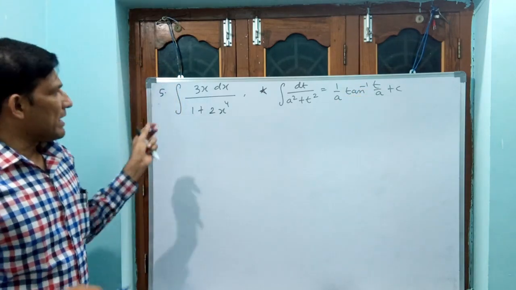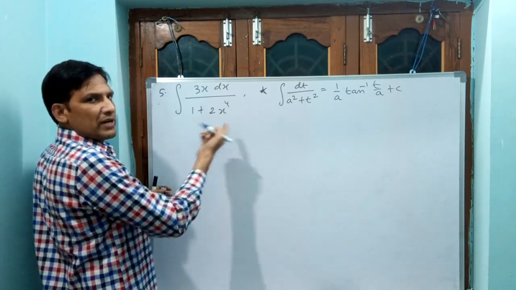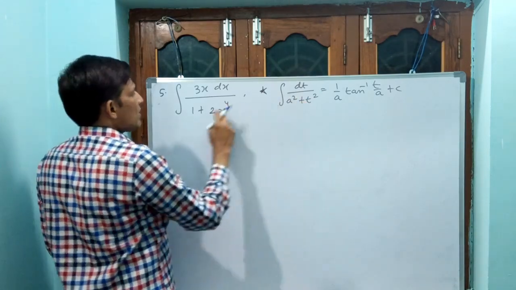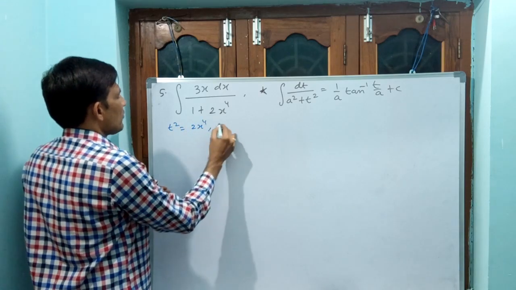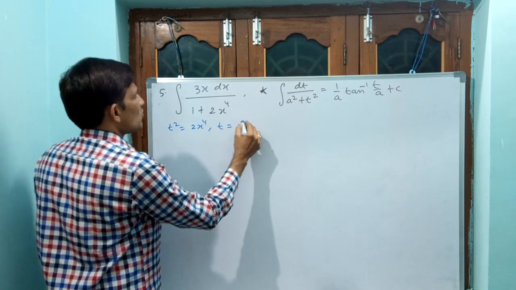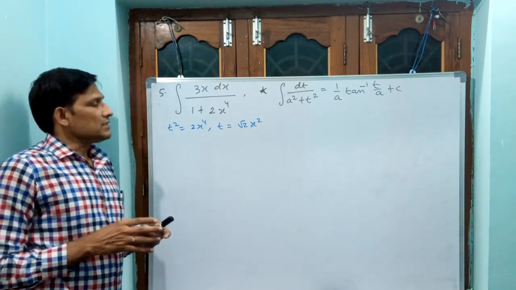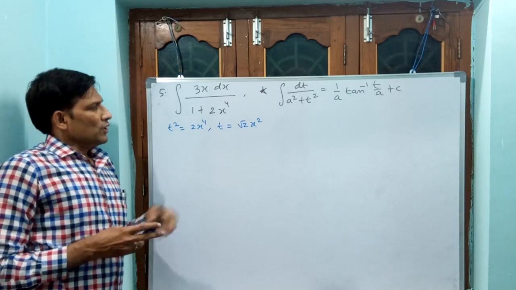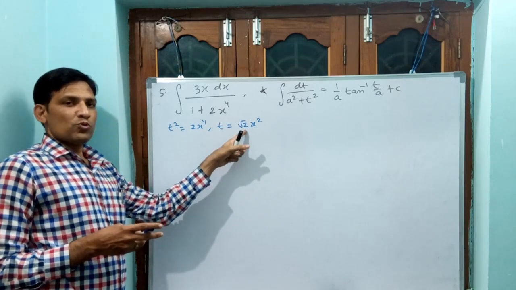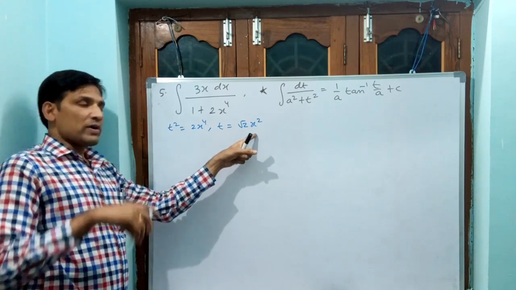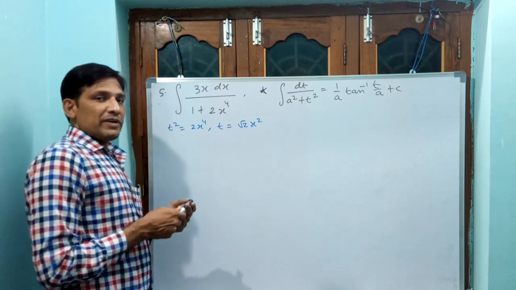Okay, you come back again here. You see a square is 1, means a is also 1 here, I did not tell you, but t square you compare. t square is equal to 2x to the power of 4, comma, t is equal to root 2 x square. Is it correct or not? First you see, because this is important. If t is root 2 x square, then you square: t square is equal to root 2 into root 2, 2 will come, x square whole square, x to the power of 4 will come. Okay, is it okay? Okay, then you differentiate with respect to t.